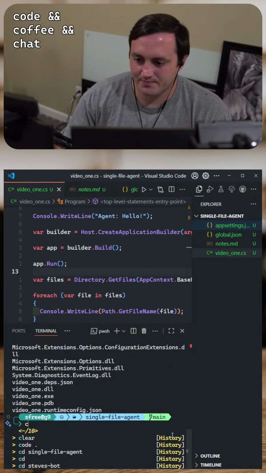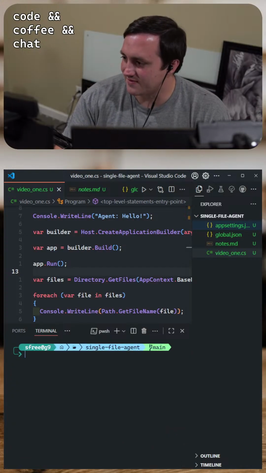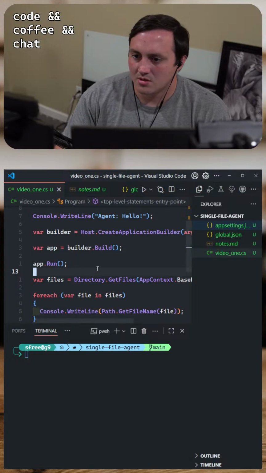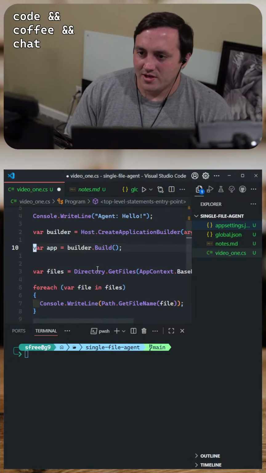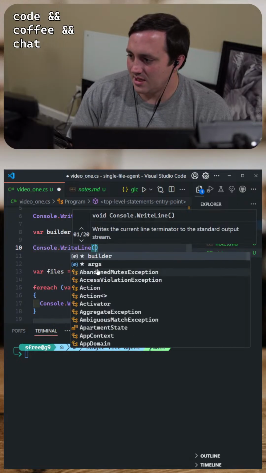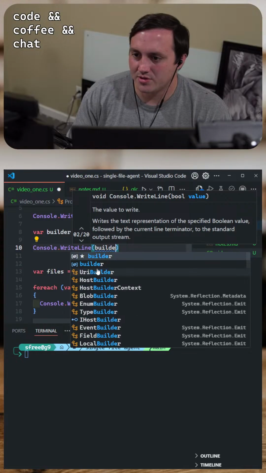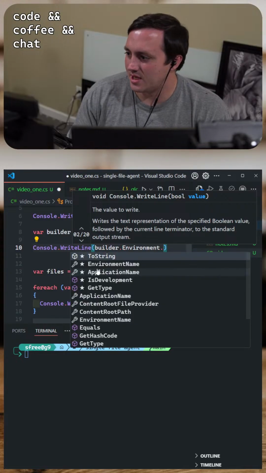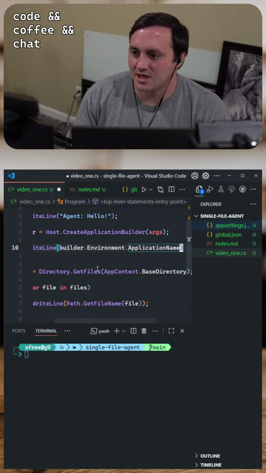Huh. Yeah, I'm not sure how to get that app settings file copied over. What if I do Console.WriteLine builder.Environment.ApplicationName?